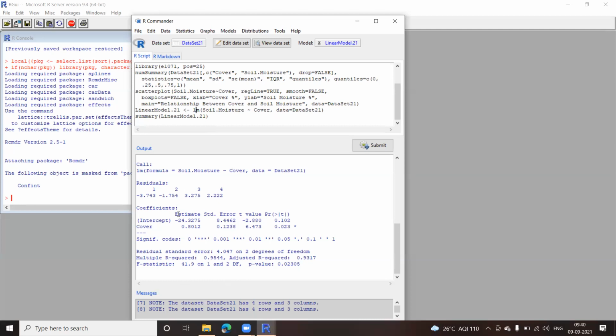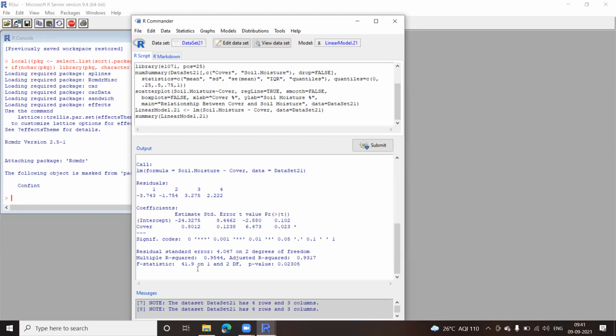I get this output. Residuals are getting displayed; residuals are the values left over while doing the calculations. These are the coefficients, the standard error, and so on. We'll come to this later.